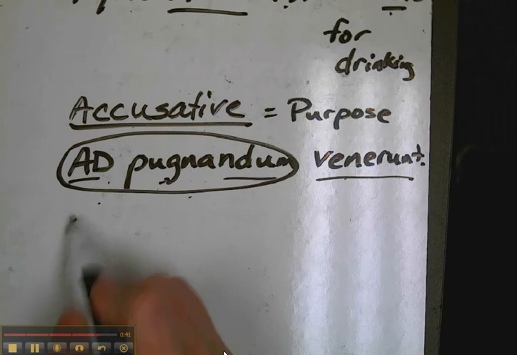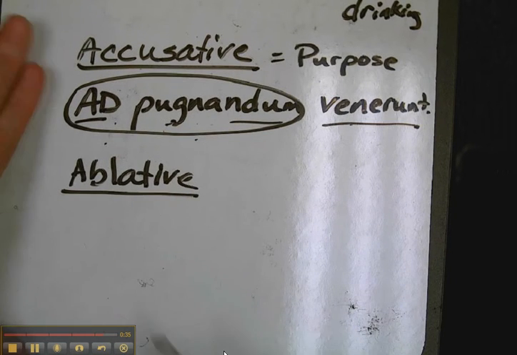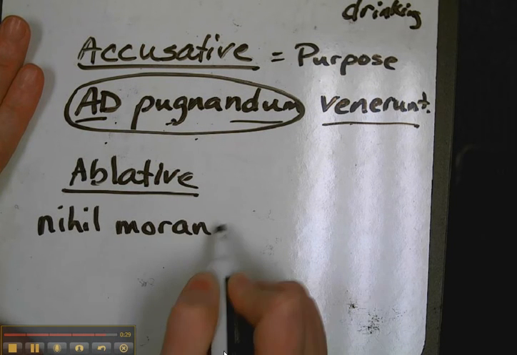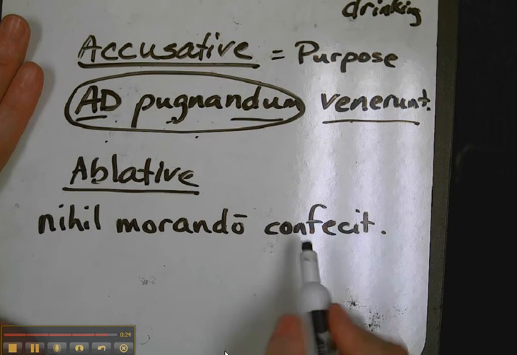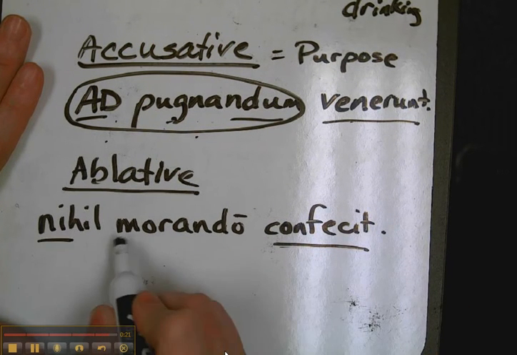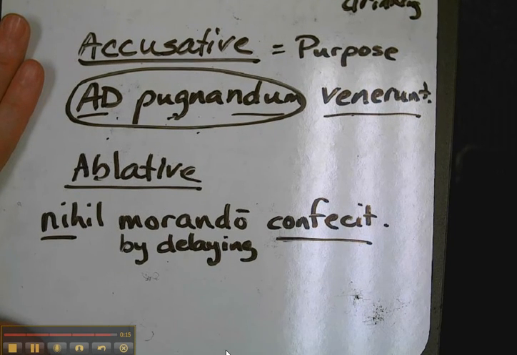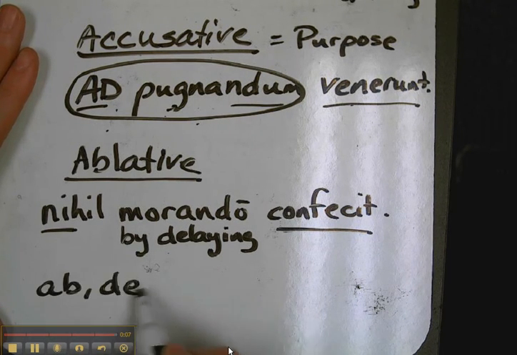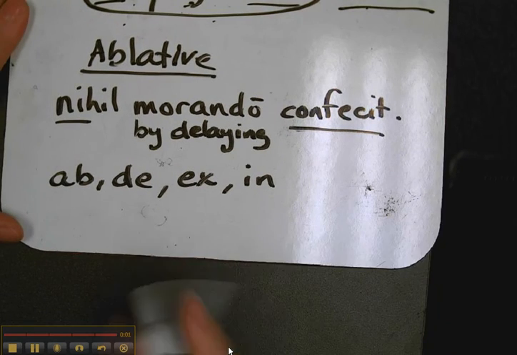The ablative is last, and it's used in two ways. It can show the means of doing something. For example, nihil morando confecit. So, he accomplished nothing by delaying. So it shows by what means he accomplished nothing, by delaying. It can also be used after prepositions such as ab, de, ex, or in. So ab, de, ex, or in. For example, occupati